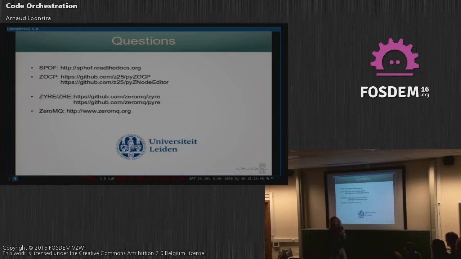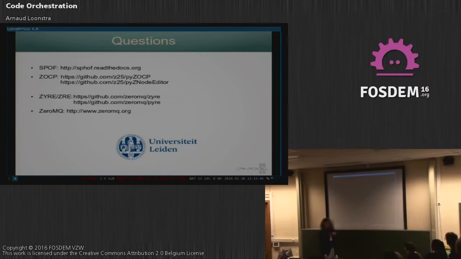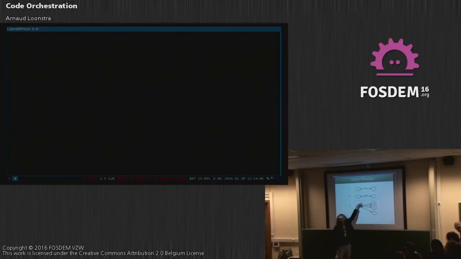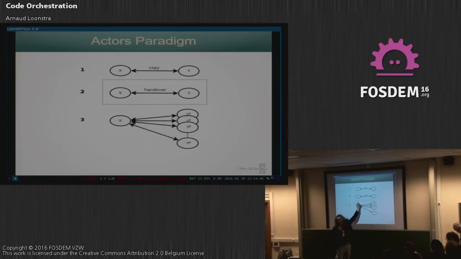And this is also very well supported by this framework, because this is the paradigm you can work with. The first one is just multiple programs which can communicate with each other, and by that you use all the CPUs of your computer. The other one is threads, which are the same. The only difference is you can hand over data, which is way faster because you can pass a pointer.